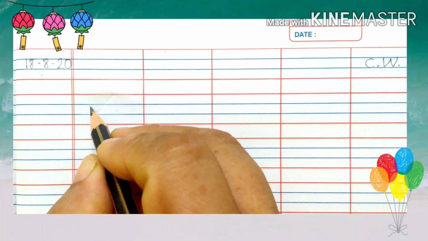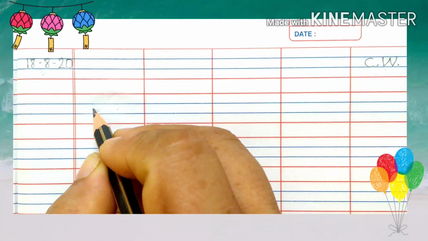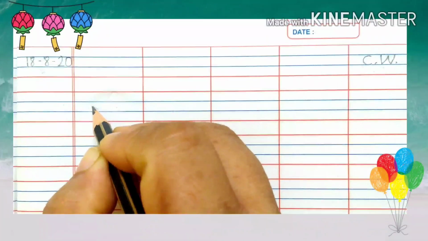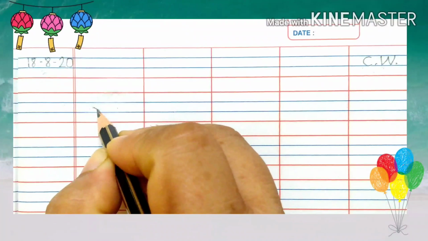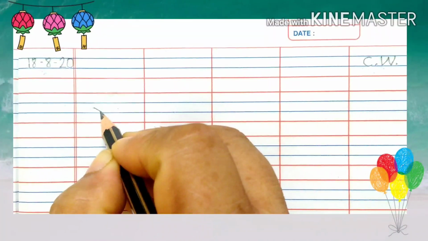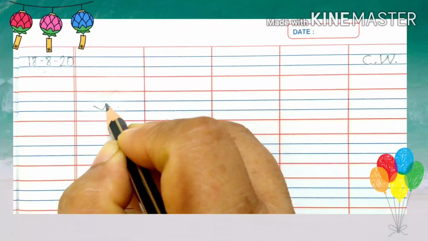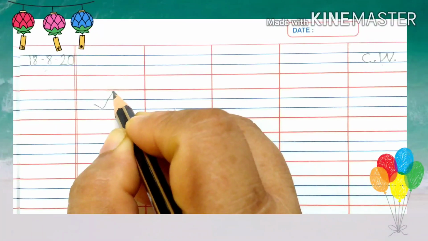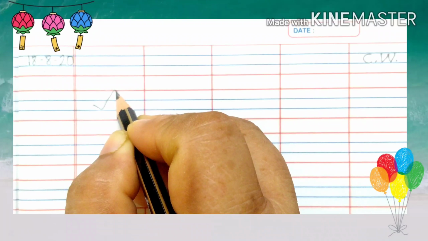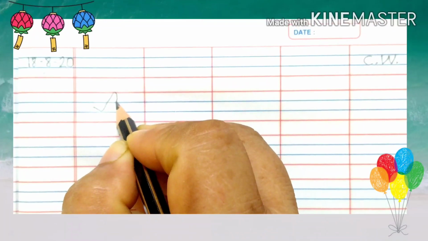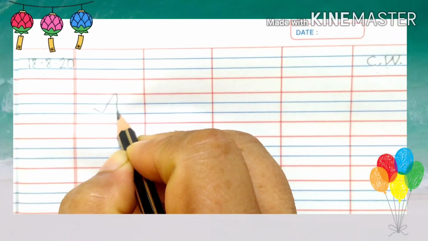Put your pencil mid of the second and third line like this. Make a small slant line. Touch it to the third line. Curve it. Drag it. Touch it to the top line. Make a small curve and make a standing line like this.